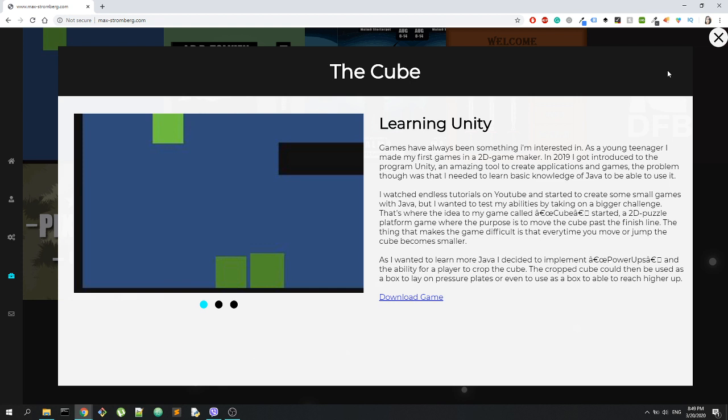Now, the other thing is that these links, or I thought that these three images were links, but now I can see that they're not, because I'm clicking